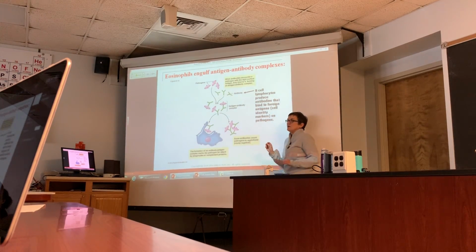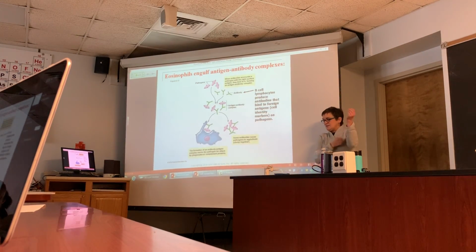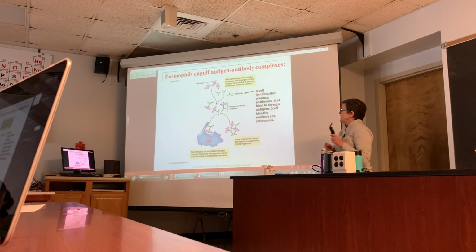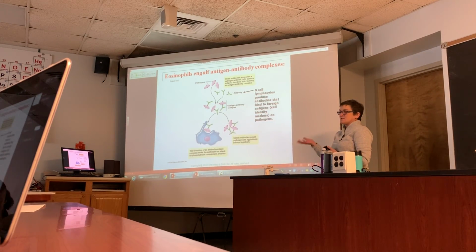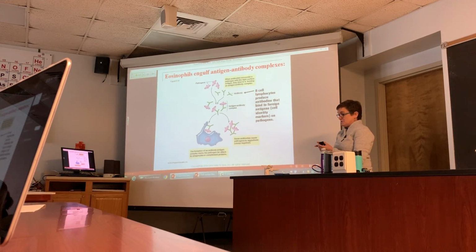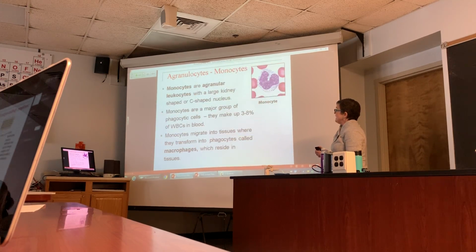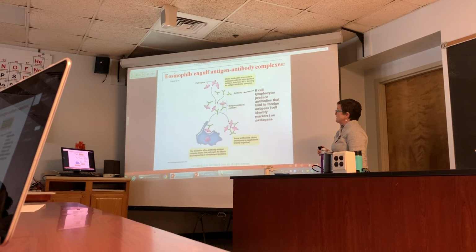This is part of what we call your adaptive immune system that we'll talk more about later on. But this is one way your body responds to infection. So we're going to come back to this picture when we get back to B cells, but let's go on to